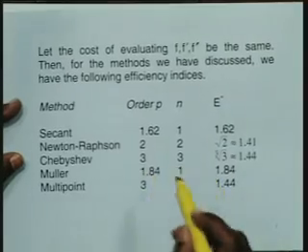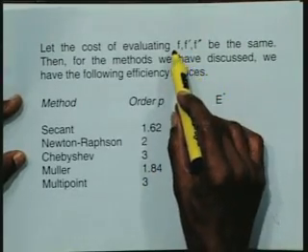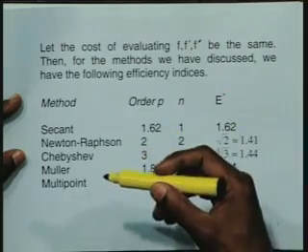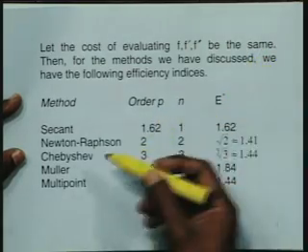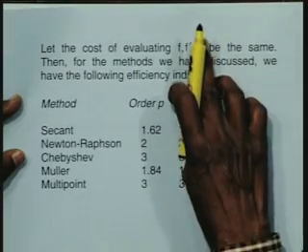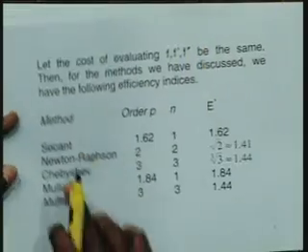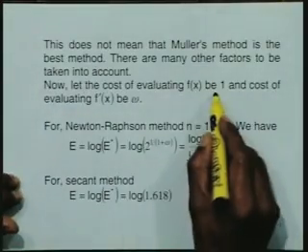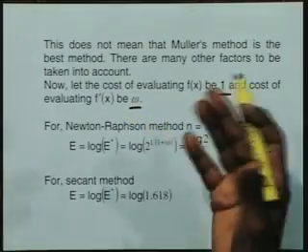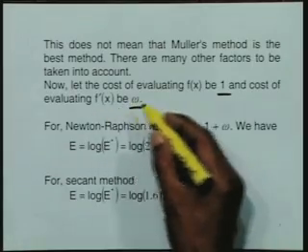Now for example, whatever we have discussed here can be looked at in a slightly different way. We have said the cost of evaluating f, f dash, f double dash are the same. Suppose the cost of evaluating the derivative is less or more, then what we are talking about will be different. So let us suppose for f and f dash the cost of evaluation is different. Let us take the cost of evaluating f x as 1 and the cost of evaluating f dash x be some omega. We can always find the ratio, normalize the evaluation of f x to 1, and then the evaluation of f dash x will be some omega.